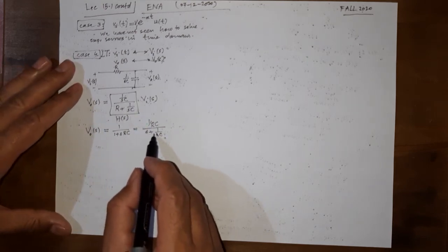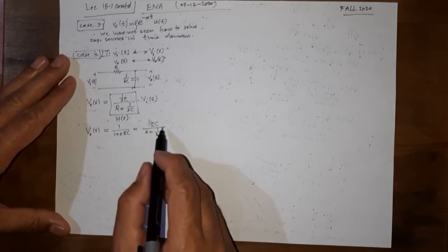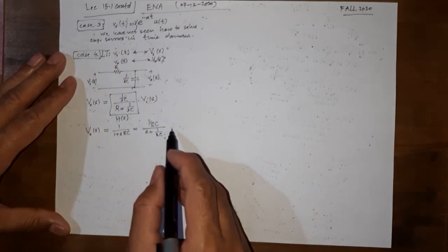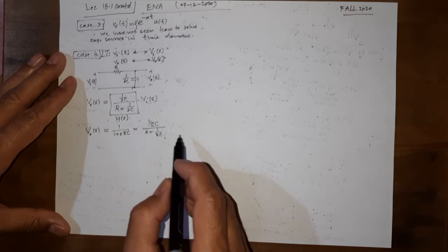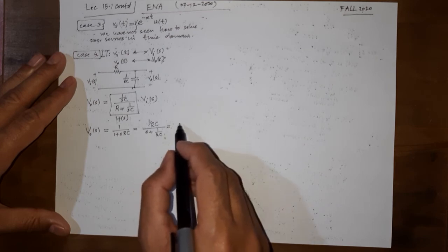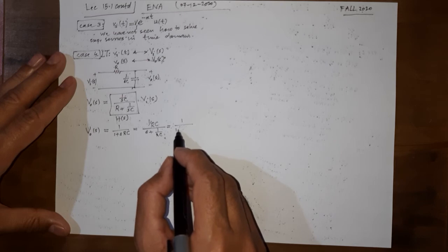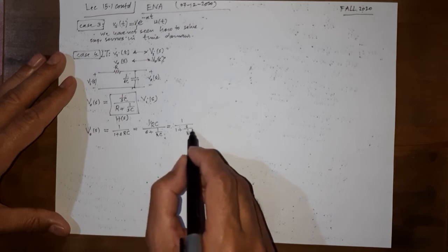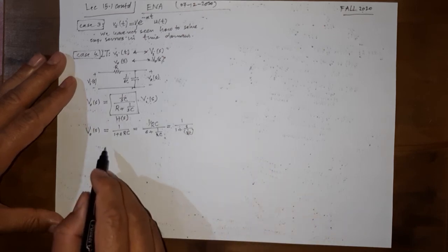Whatever way you write it, it will carry some insight into the nature of the circuit and the response as well. So whatever way is convenient, we can use that. Or in fact, there is another way which we may later see to be more convenient, is to write it like this: 1 over 1 plus S over 1 over RC. So why is this so? We will look at it later on.